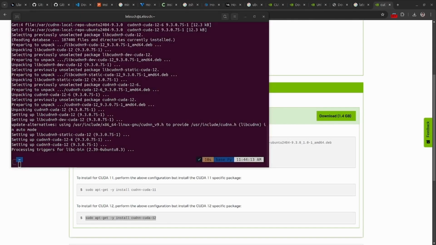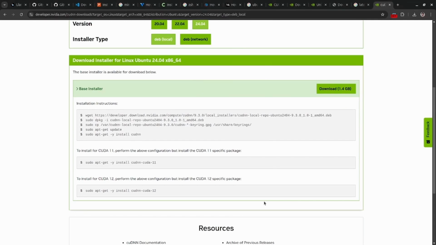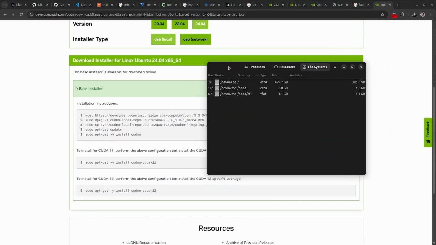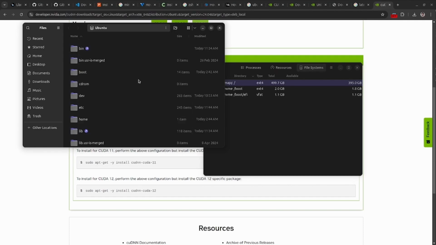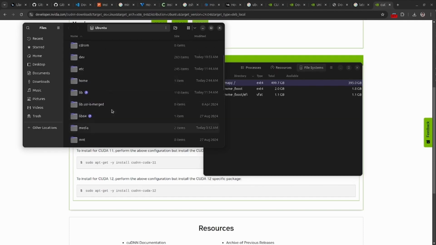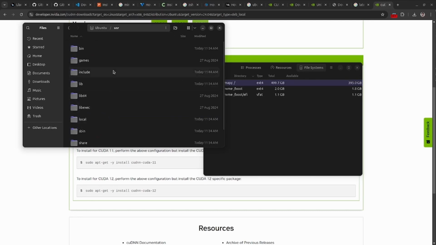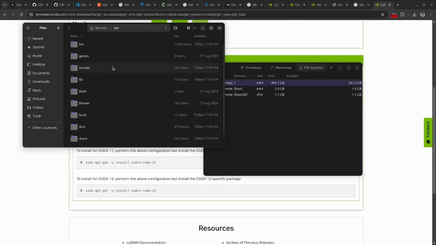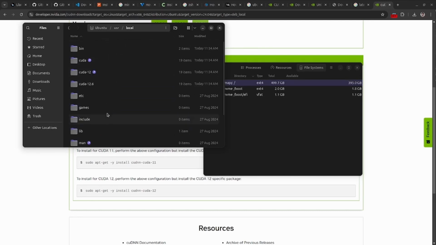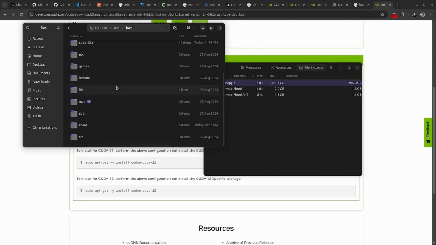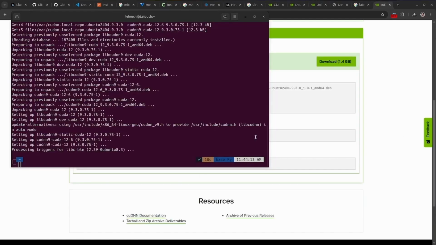So it's installed perfectly. Now check this thing. If I go to the system monitor, then this page, so let's go to the user file, local. Yeah, you can see that the CUDA 12 is successfully installed, and now we have to add this command in